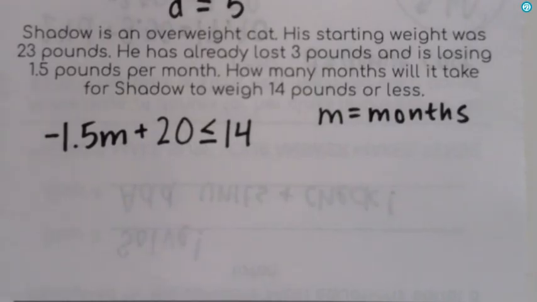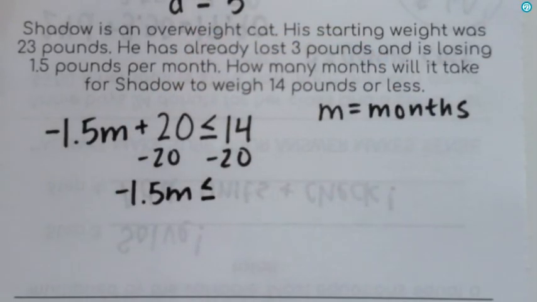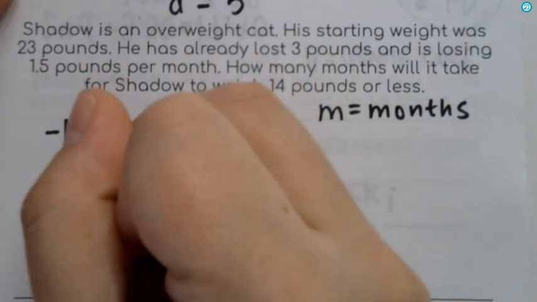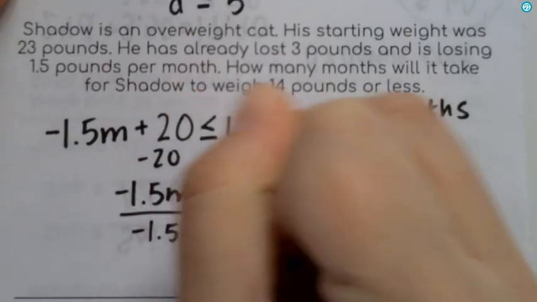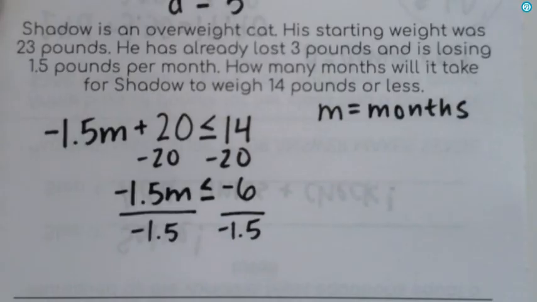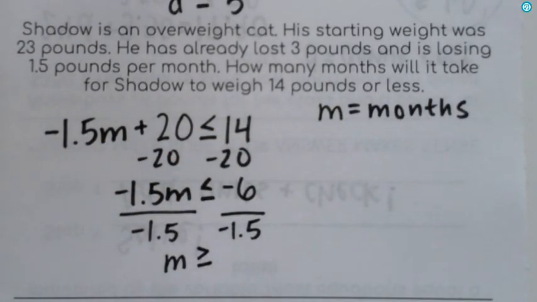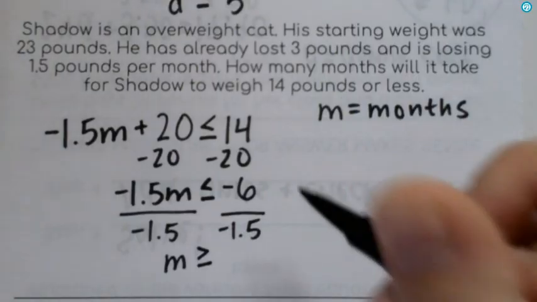Alright, so we'll solve this one. We're going to subtract 20. Negative 1.5 M is less than or equal to 14 minus 20, which is negative 6. Then we'll divide by that negative 1.5. When we divide by a negative in an inequality, what do we need to do? Flip the sign, so it's going to become greater than or equal to. And then that negative divided by a negative is positive. 6 divided by 1.5,